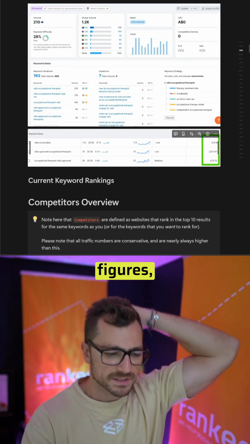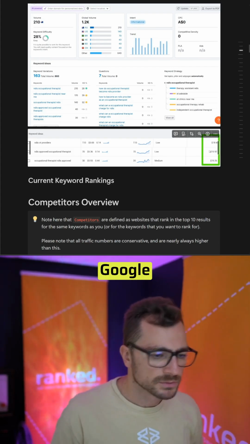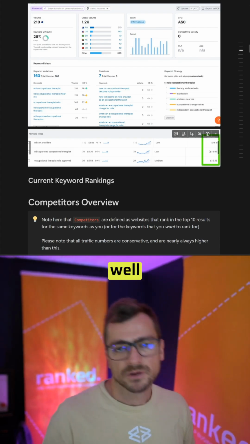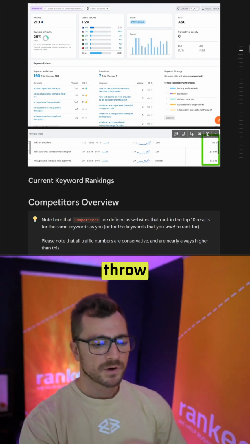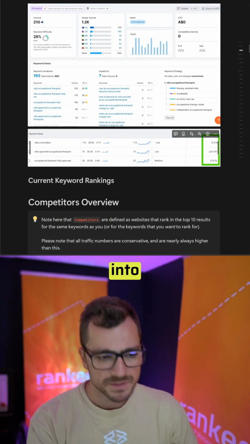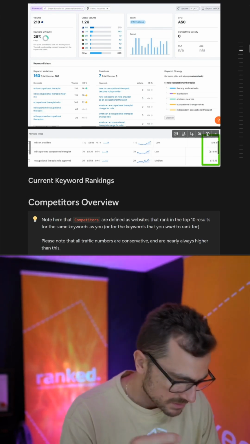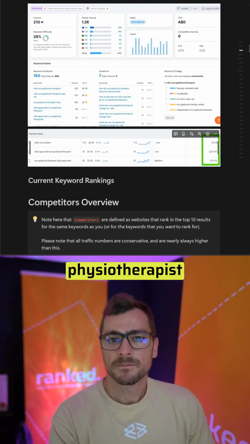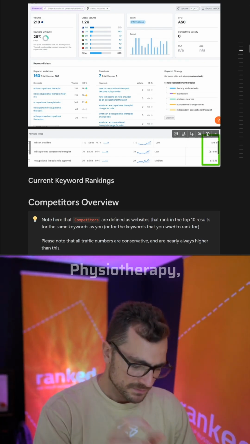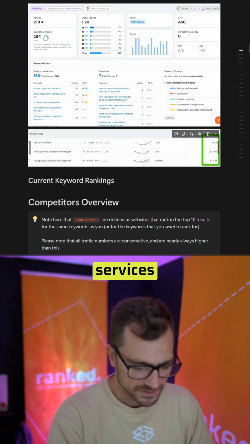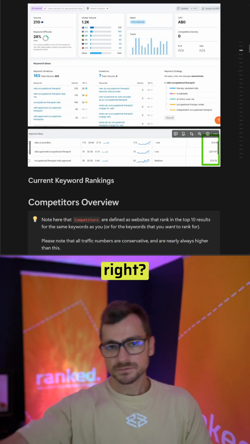Now these figures, I take them with a grain of salt because commonly Google have a tendency of, well, lying, making stuff up. What they do is throw broad match key terms into this pricing, meaning if NDIS physiotherapist is $50 and then free physiotherapy NDIS services are $1, then the average is somewhere in between, right?